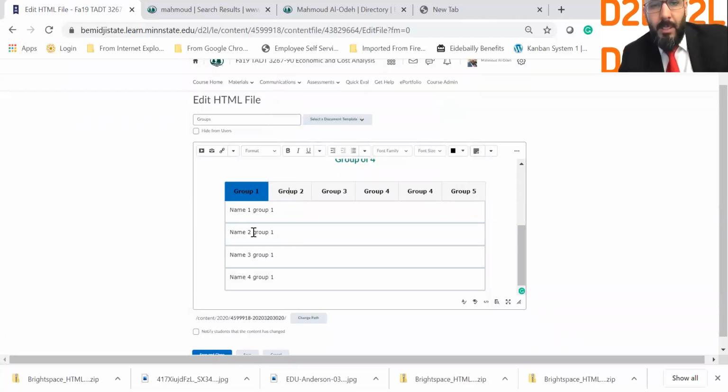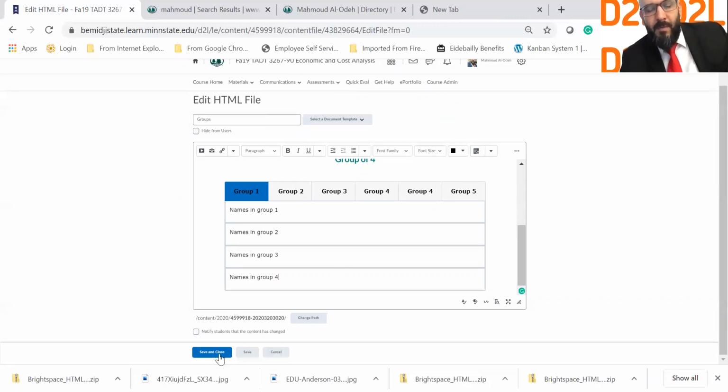So this is names, okay, names in group 1. You list the names here. Names in group 2 and names in group 3 and names in group 4. Now let's save and close,